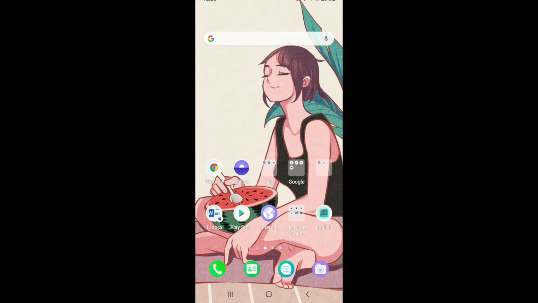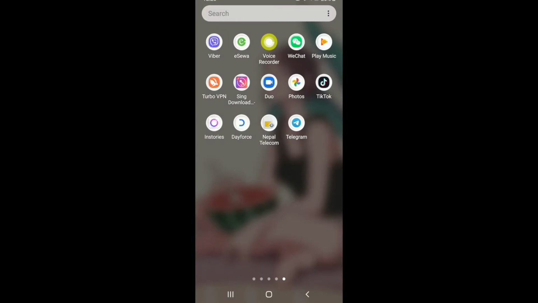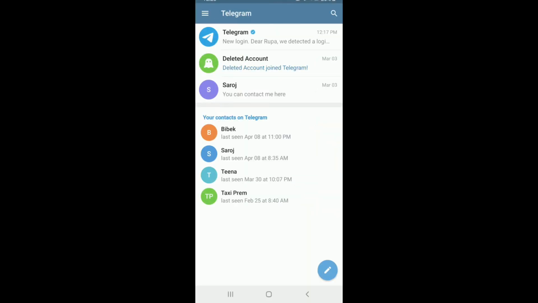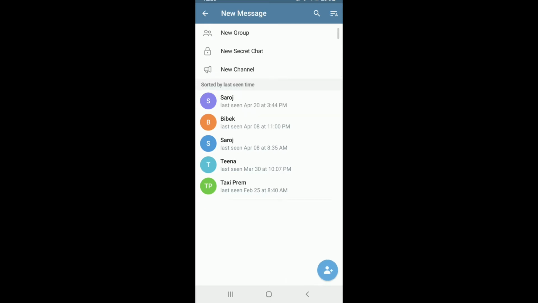In order to add someone on Telegram, open your Telegram application from your app drawer. If you're not signed into your account, make sure you are first. Now, from the home screen of Telegram, in order to add someone, tap on the pencil icon at the bottom right corner of the screen, and from this page, tap on the human icon with a plus in it at